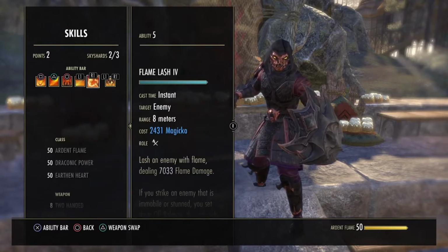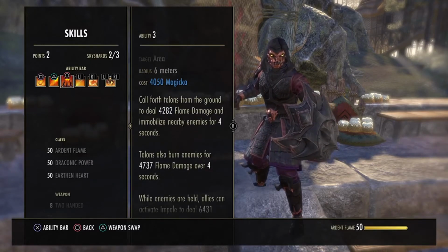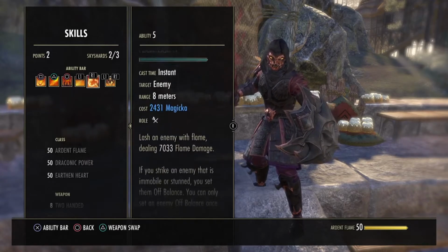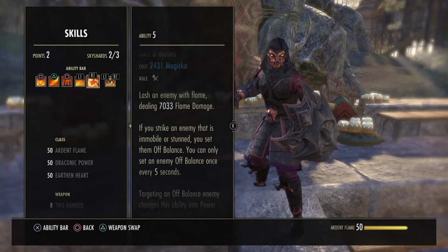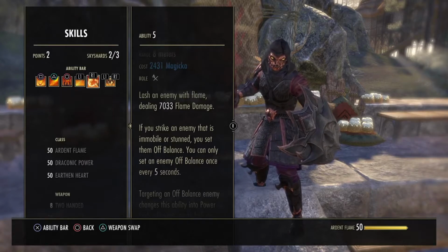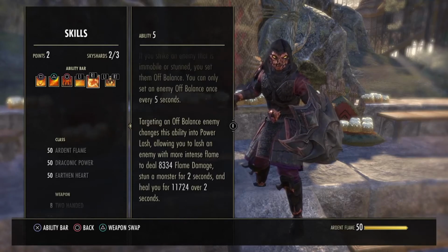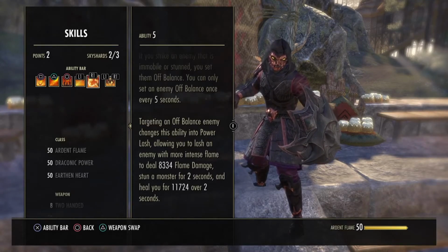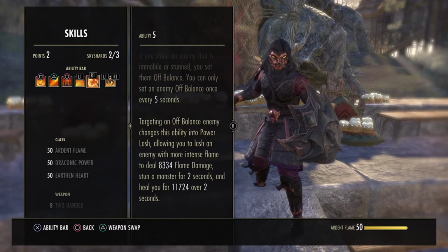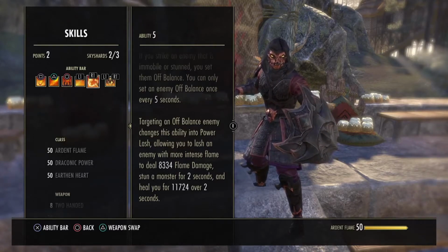So then we got Flame Lash. You want to combine it with your Burning Talons. So Burning Talons first, and then start flame lashing. The reason why you do that is because when you hit them the first time, when they're being held by Burning Talons, you're going to put them off balance. And then when you hit them the second time, you're going to proc your power lash. So targeting off balance enemies, change this ability into power lash, allowing you to lash an enemy with more intense flame to deal 8,334 flame damage and stun monster for 2 seconds and heal you for